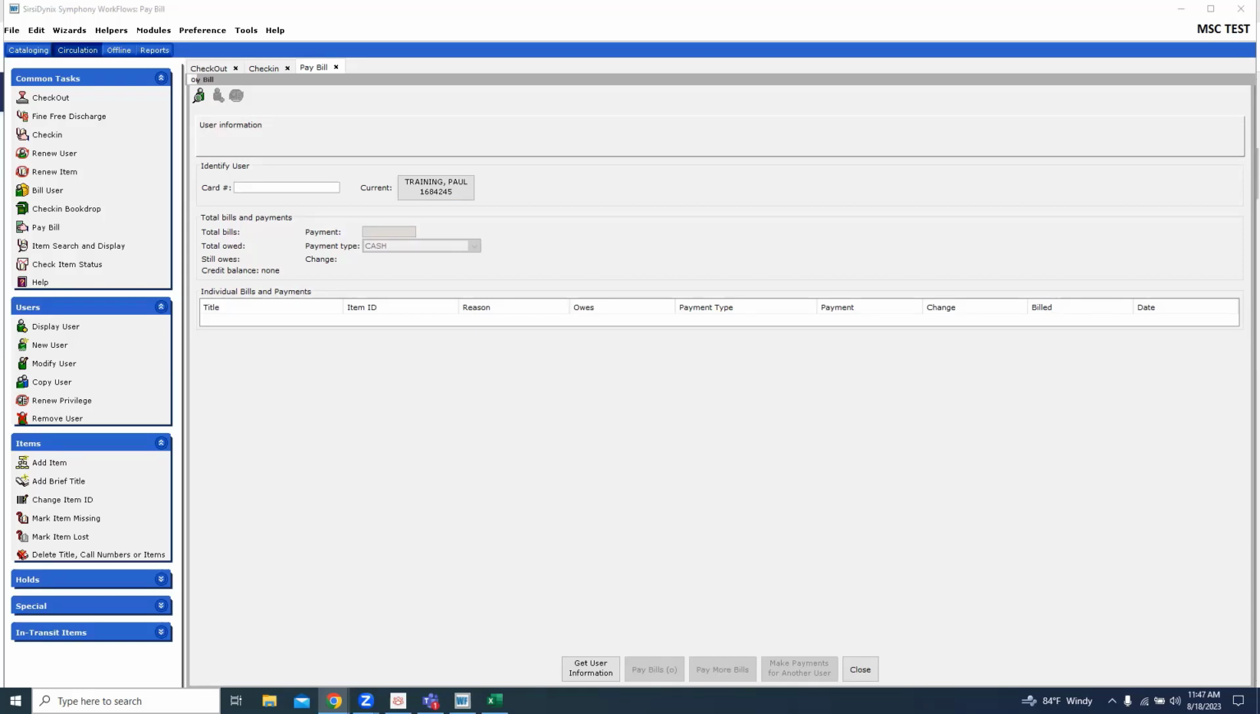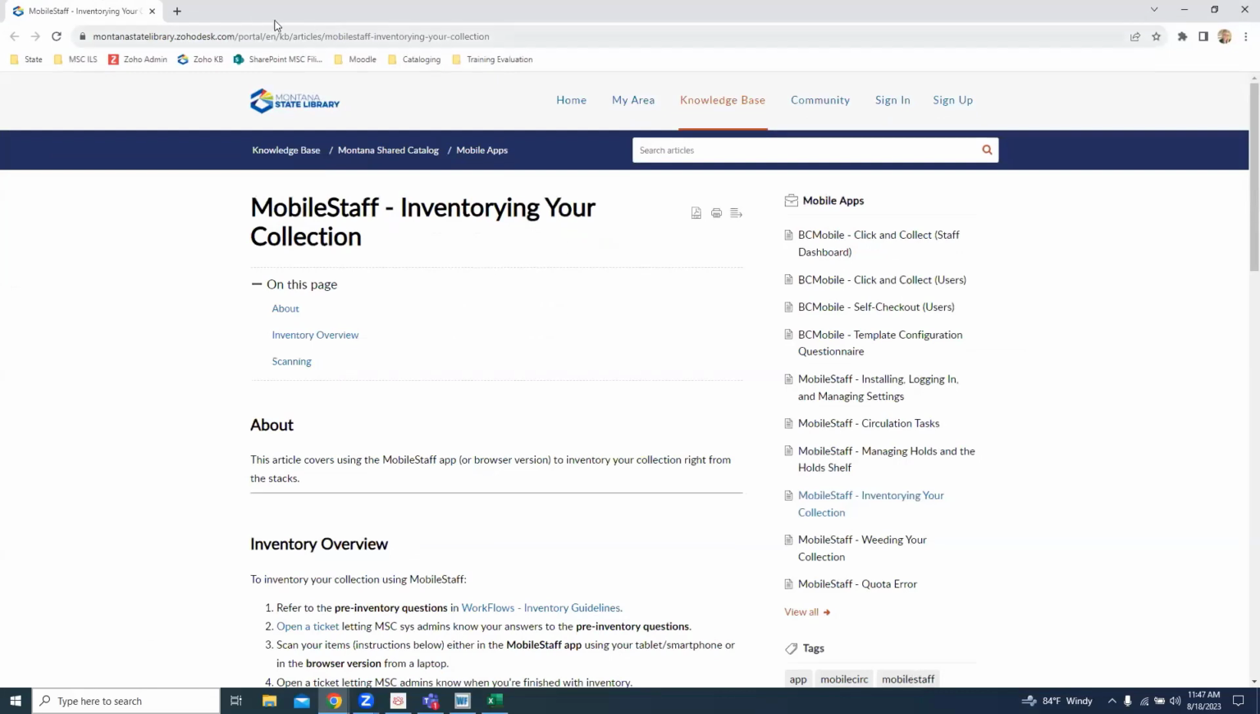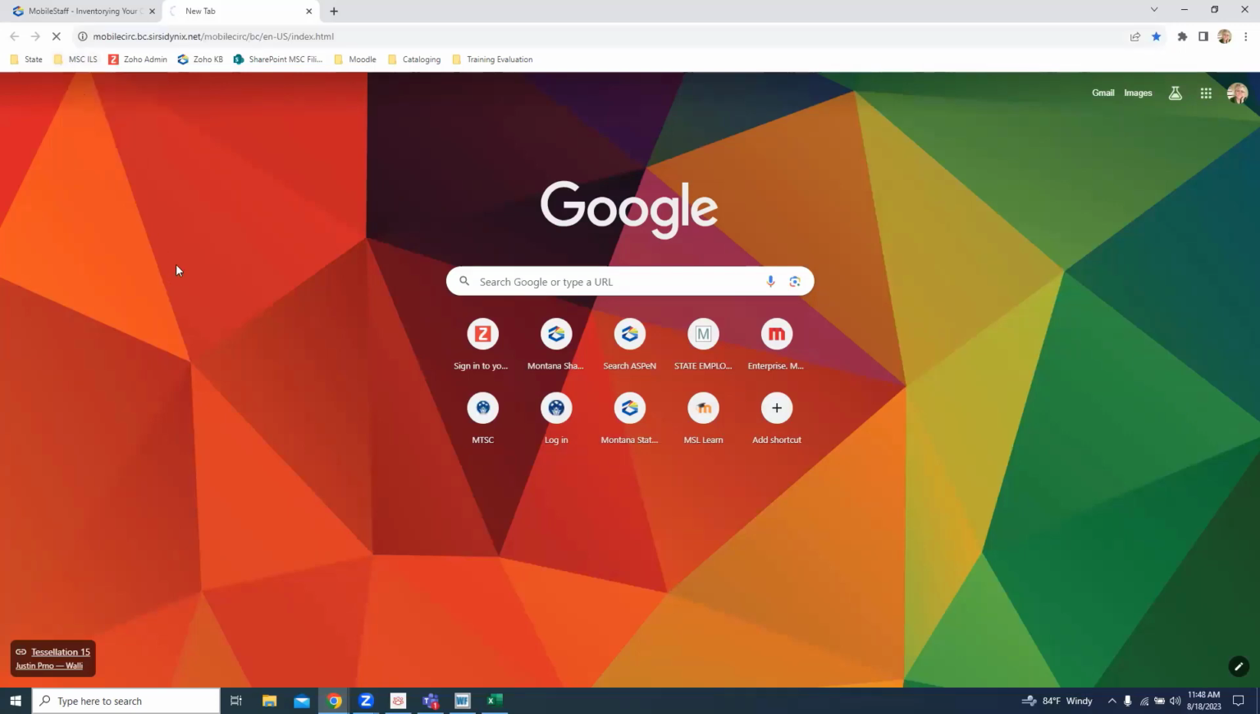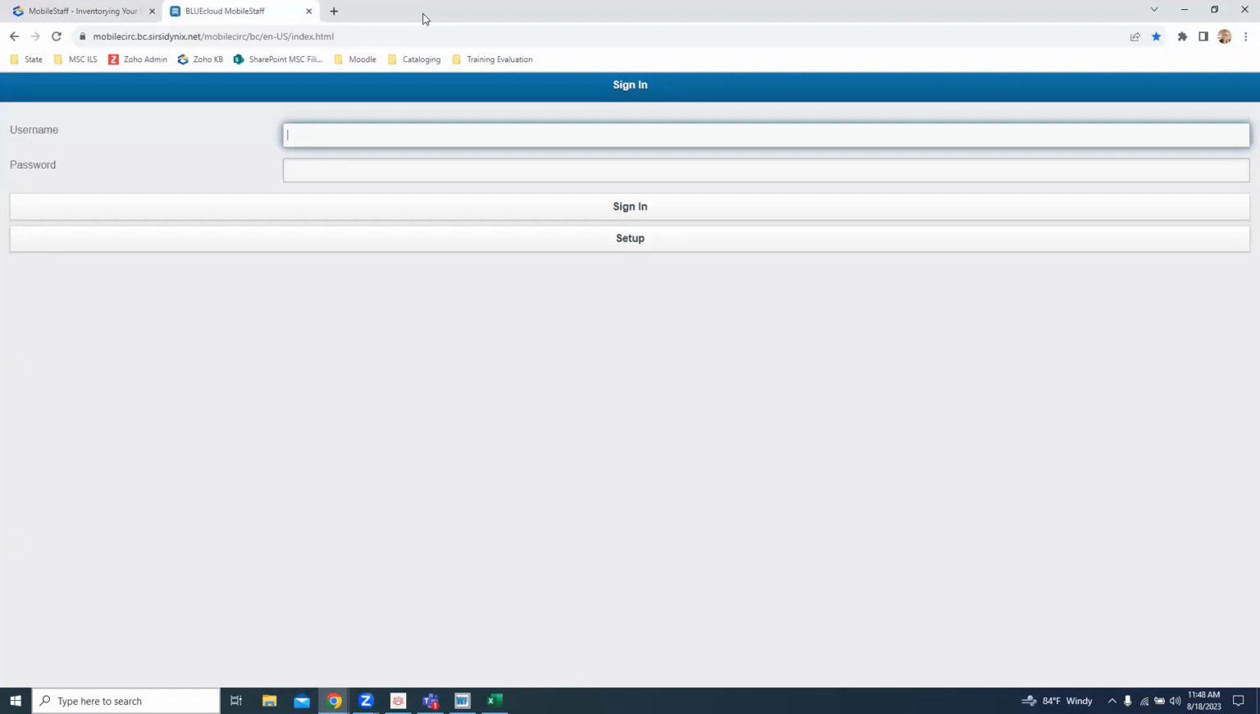And MobileStaff has a fair amount of the functionality that you would see in workflows, though not nearly as much functionality. However, it is good for a couple of things that you may find of interest. Specifically, inventorying your collection may be of interest. Let me just pull up my cheat to MobileStaff. I don't have the link to MobileStaff on your handout